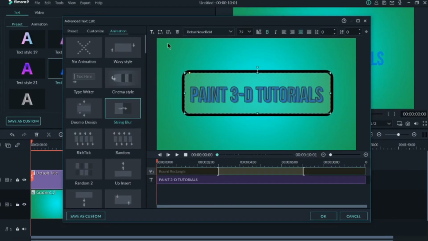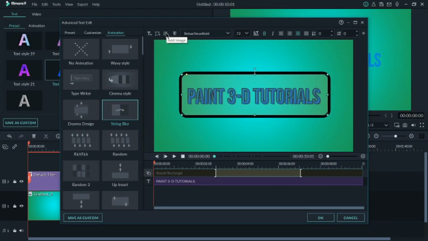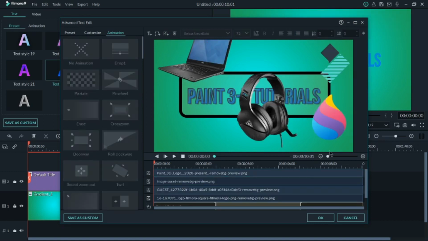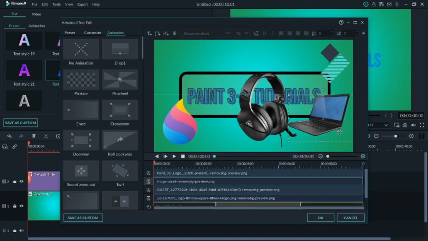So now we'll add an image from this button, add image button. I had already selected some images from Google and had removed their backgrounds. So I'll be adding the images now. So here I have added all the images and now I'll be placing them. So I'll be taking this image and place it here. I'll be taking this laptop image, I'll reduce it a little bit and I'll drag it here.